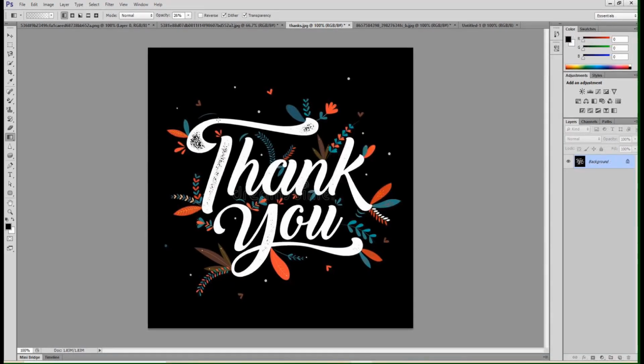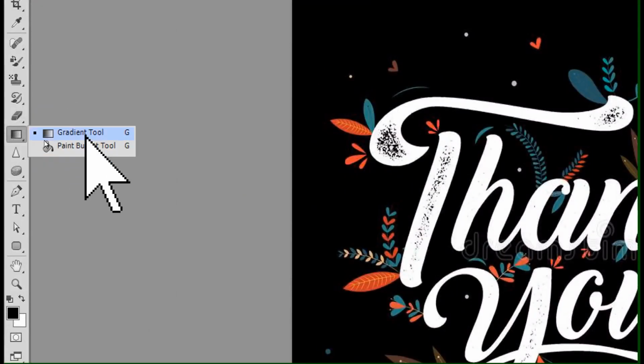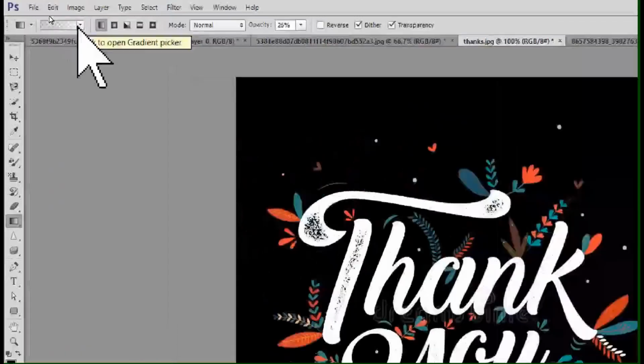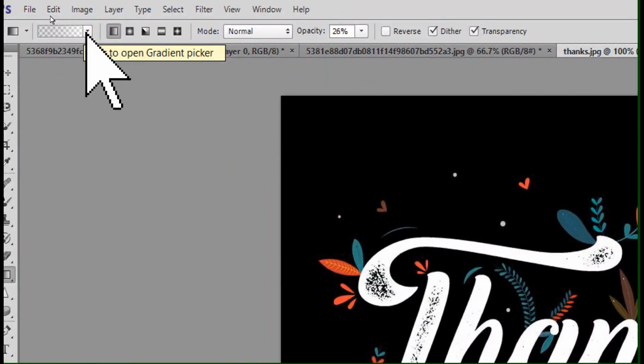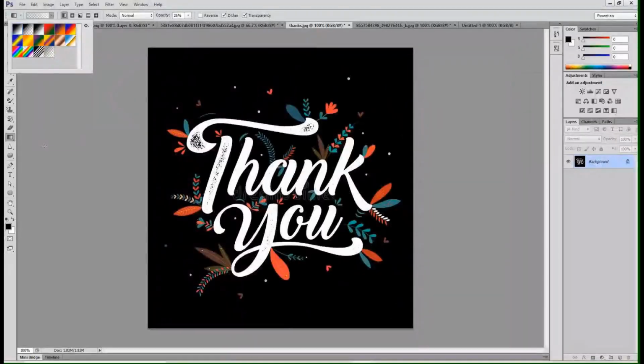To use gradient tool, I'm using the same image for example. Click on this gradient tool in the tools panel. Click here, choose the gradient tool. Now in the option bar you will see that there is an option gradient picker. Click on this down arrow. The first option is foreground to background option. This option is used whenever you want to use a gradient of only two colors. This will be the easiest option, foreground to background color.